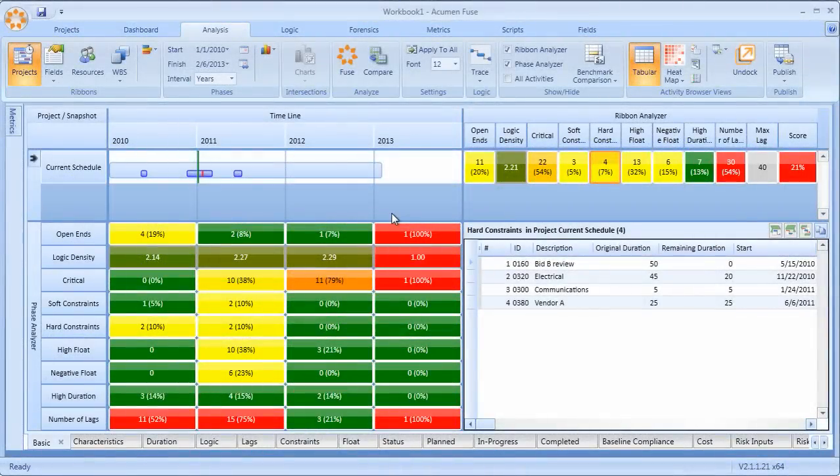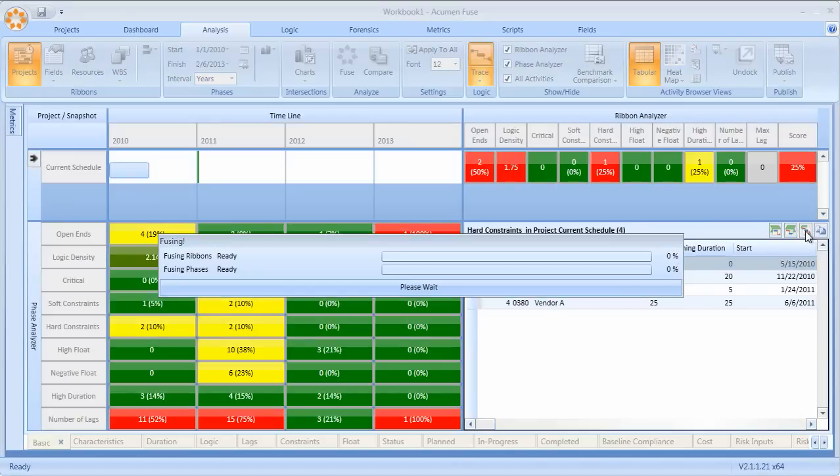One of the recent additions to Fuse is the ability to run a logic trace. Going back to our initial analysis of those hard constraints, I may be interested in the activity called bidder B review. Now, what I really want to further understand is the path leading to and the path stemming from that bidder B review activity. So now, at the click of a button, I can turn on my logic trace,